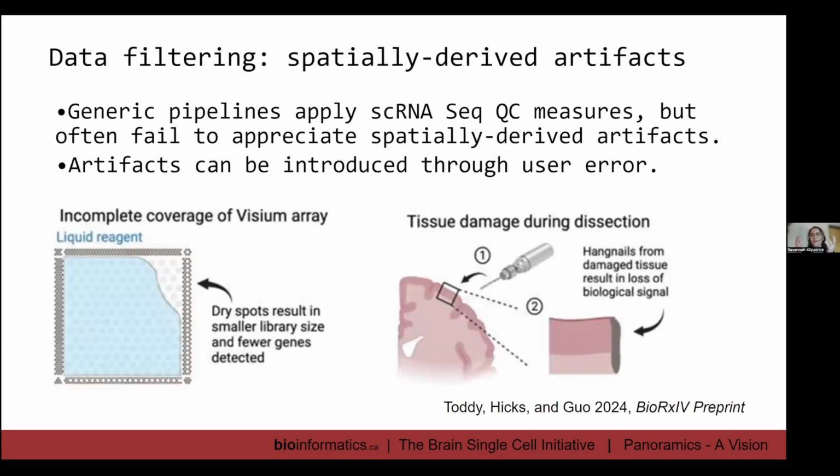And as she also really hit home, the way that you want to filter your data is to essentially remove human error. There's a lot of different ways that you can influence your spatial transcriptomics data. I have experienced many of these myself, and these are technical errors. There's a lot of things that can introduce variability, including a lack of exposure to the reagents. So when you're performing library prep, if certain tissue isn't exposed,